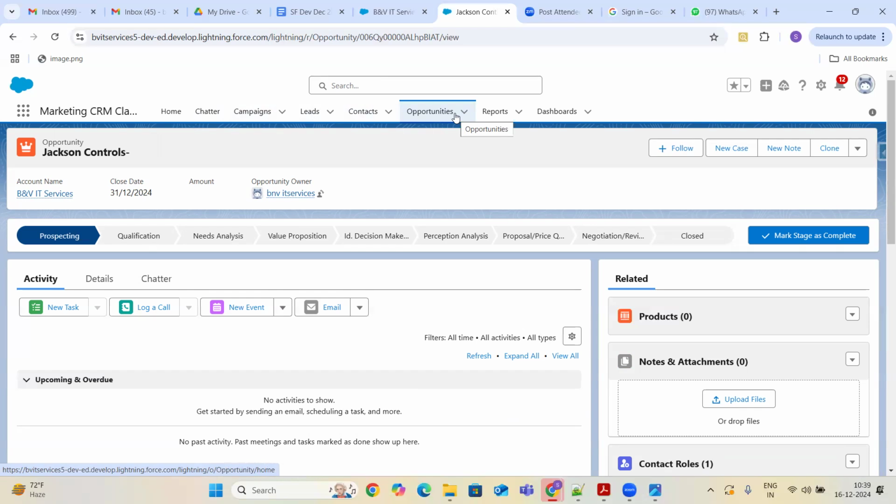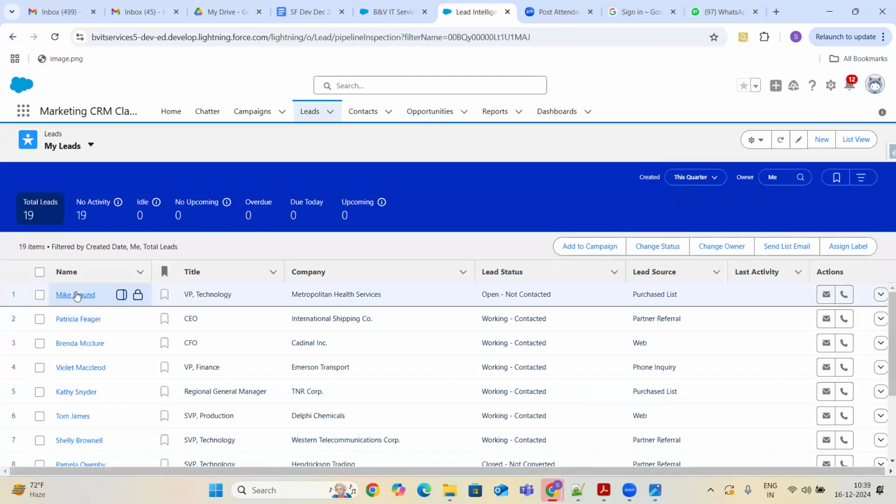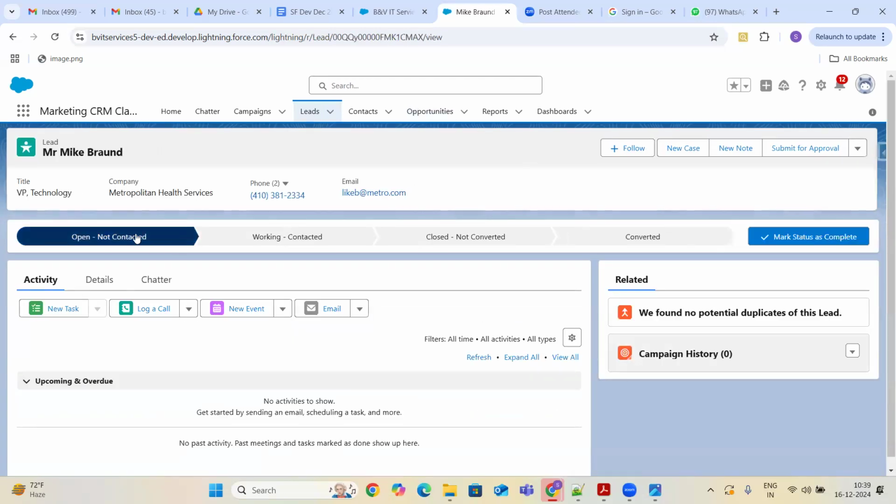One more important thing I would like to tell you is, whenever we are looking at the leads, we are seeing these stages, like status: Open, not contacted, working contacted, closed not contacted, and converted. So these are the four values. But as part of my business process, I don't like these values.